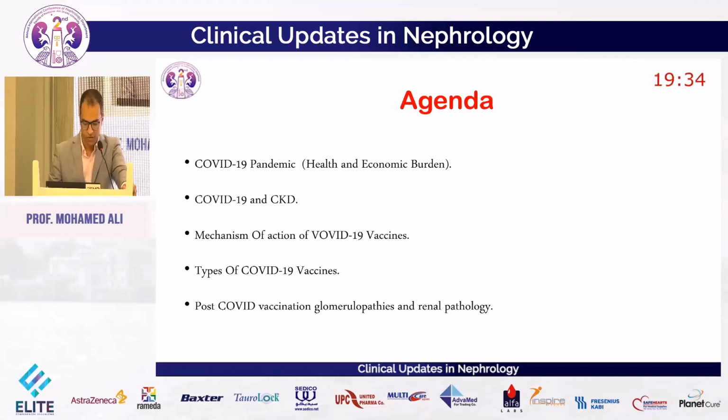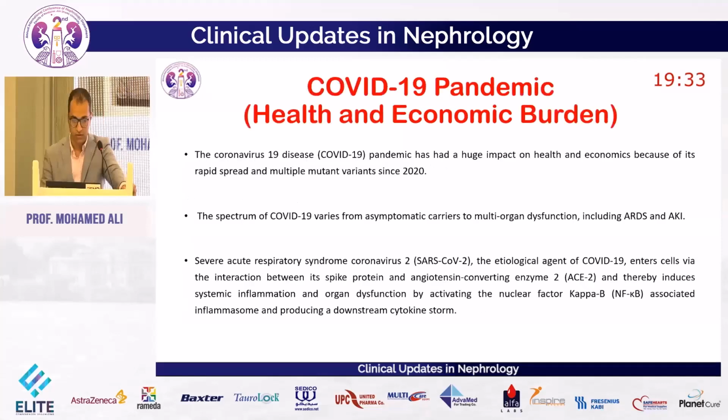COVID-19 pandemic, health and economic burden. The COVID-19 pandemic has a huge impact on health and the economy because of its rapid spread and multiple mutant variants since 2020. The spectrum of disease includes ARDS and acute kidney injury. SARS-CoV-2, the etiological agent of COVID-19, binds between its spike protein and ACE2, thereby inducing